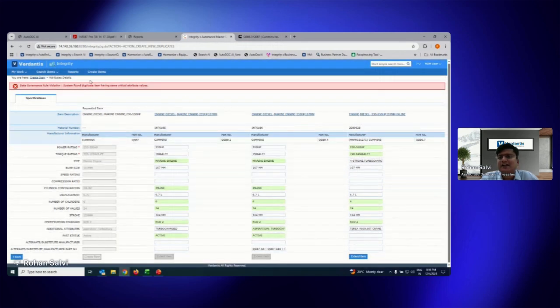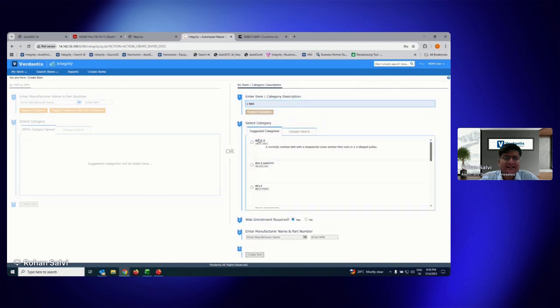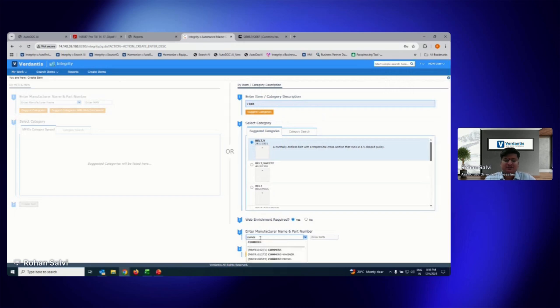Now, let me go back and maybe show one more illustration. I think we also wanted to look at the agent called Spare Seek AI. So now I'll take an example with the category of V-belt, and let's say it is part of the same maintenance order of the crane. So, let's say it's the same manufacturer that has been given in the handbook. Again, it's an OEM, right?